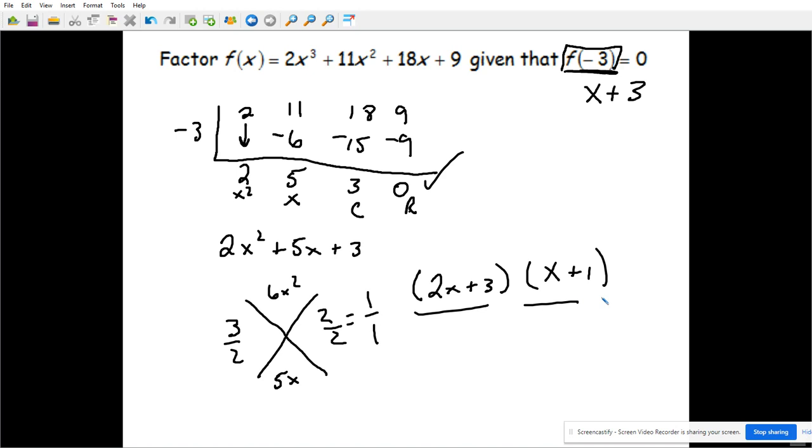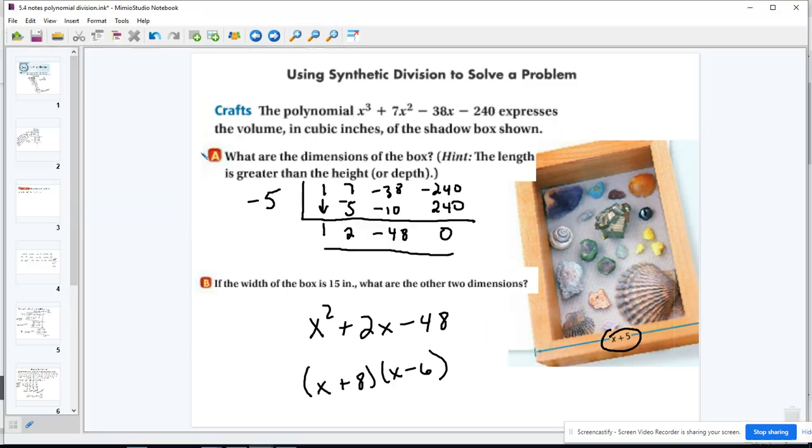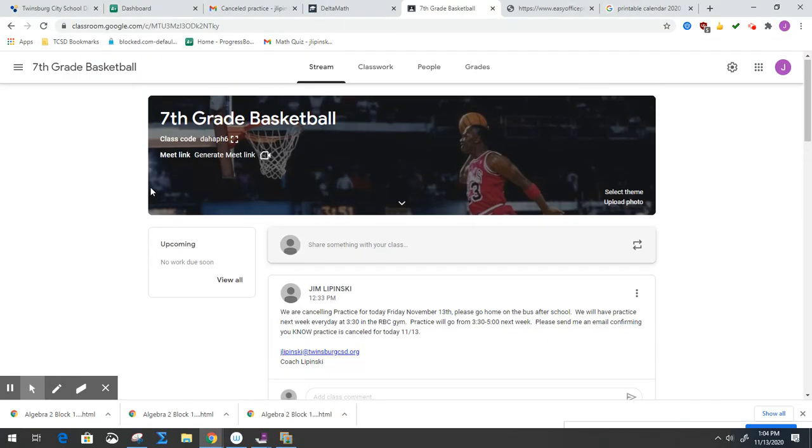Okay. There can definitely be some confusion in this section, but it's just a lot of synthetic division and long division. So understand that when we're looking at these problems,